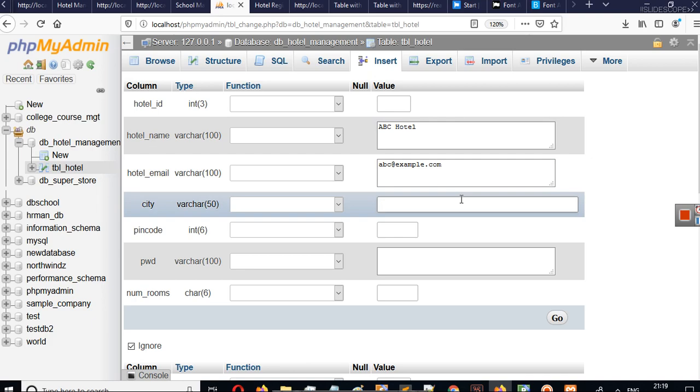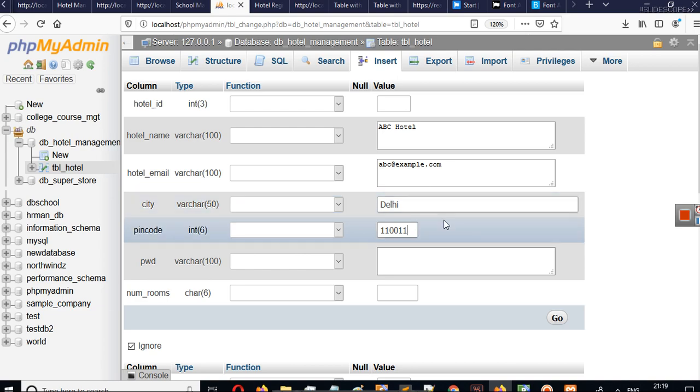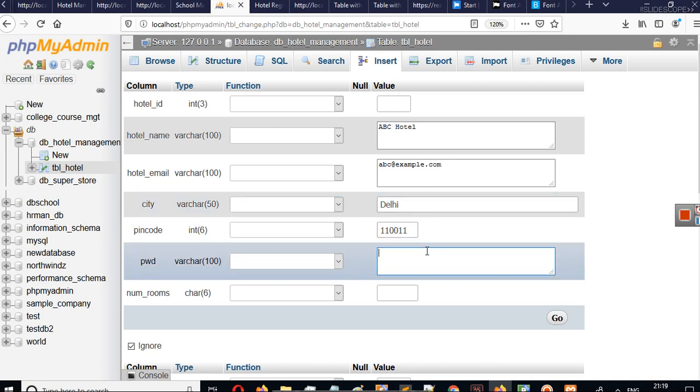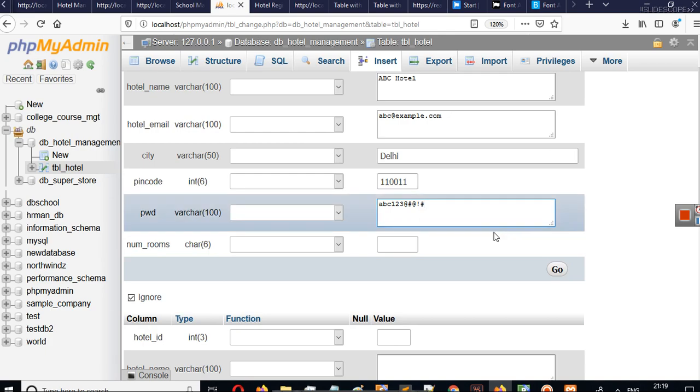Then city is, let's say for ABC Hotel, Delhi. Pin code is, let's say, 110011. Password is, let's say, ABC123. We'll use some encryption later. This is just for demonstration purposes.